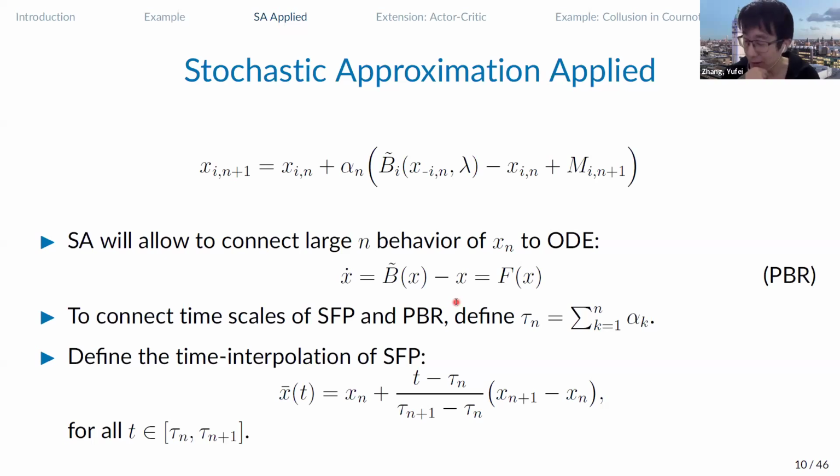I see. So basically, this result is more like saying how the ODE predicts the outcome of the algorithm, instead of how the algorithm learns the Nash equilibrium of the original game. Yes, exactly. There are variations to this. You could, for example, introduce lambda as a function of n and increase it over time. And if you choose the right speed for lambda, then you can actually show that the limiting ODE is going to be best response dynamics, and you're going to approximate those Nash equilibria. And you're going to learn these Nash equilibria instead.